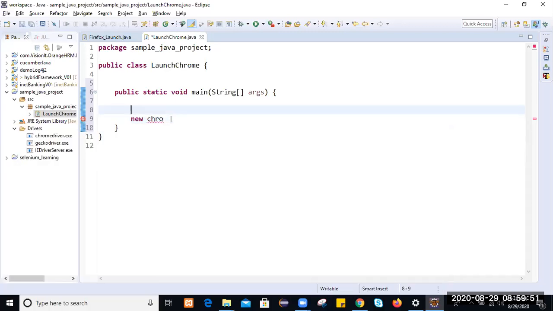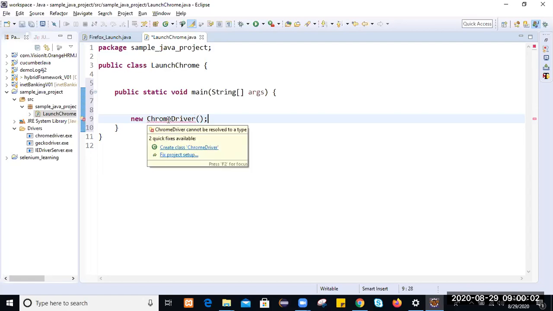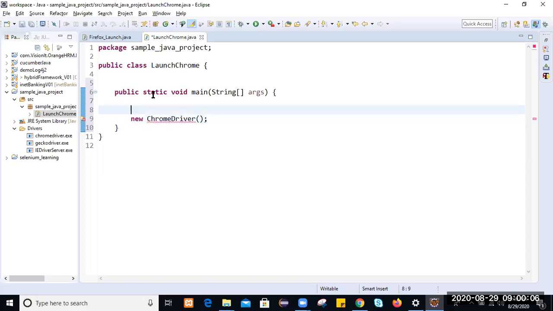Why is Chrome not coming? And mouse over. Create Chrome driver.